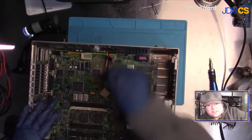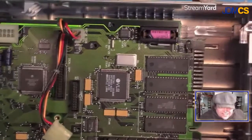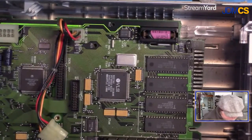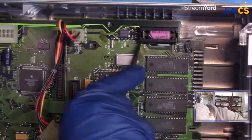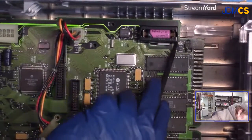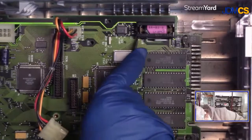And that is the item I was looking for. The battery. Alright. Well, the good news is it appears to have not leaked. Or if it did leak, it hasn't leaked very much. Although, quite honestly, the battery terminals kind of look... They don't look shiny, but...